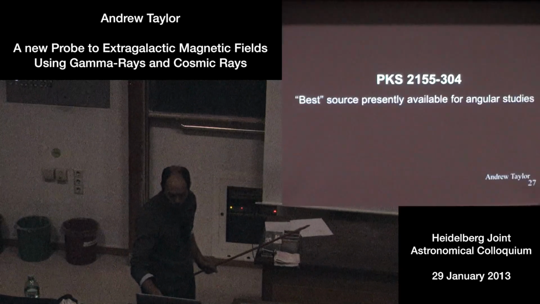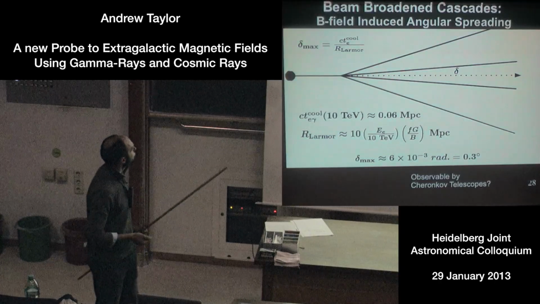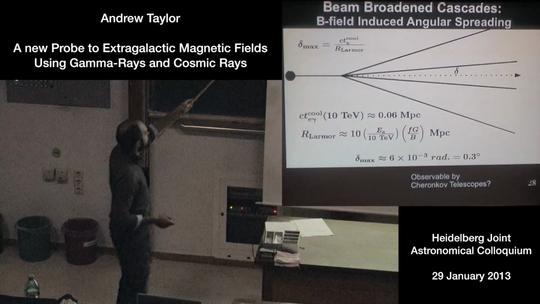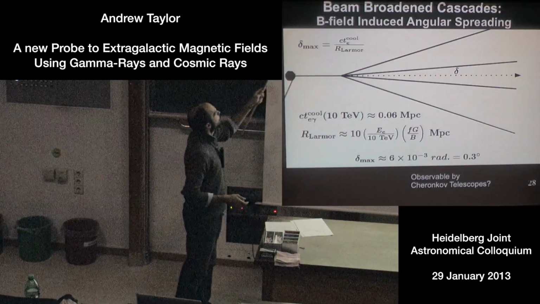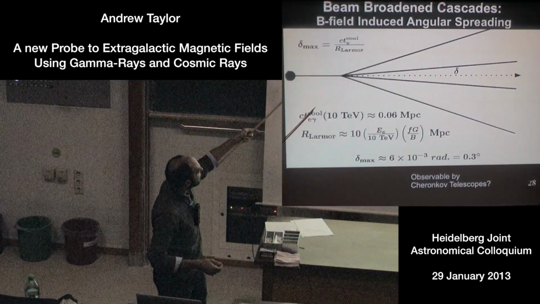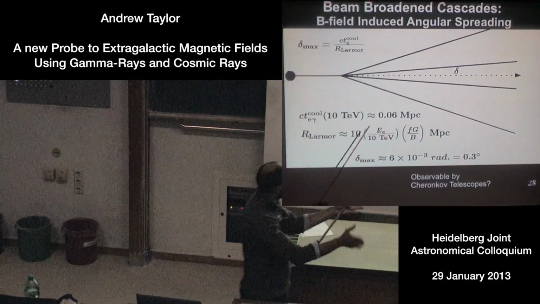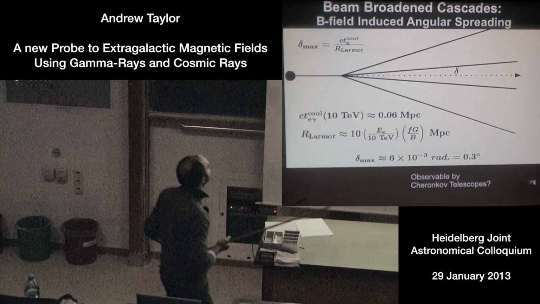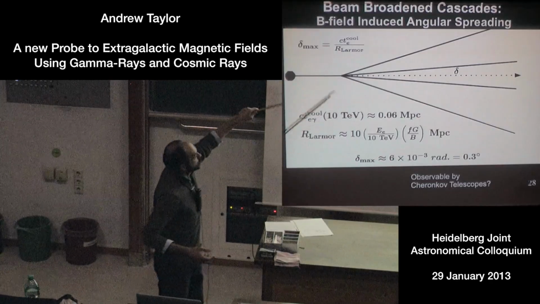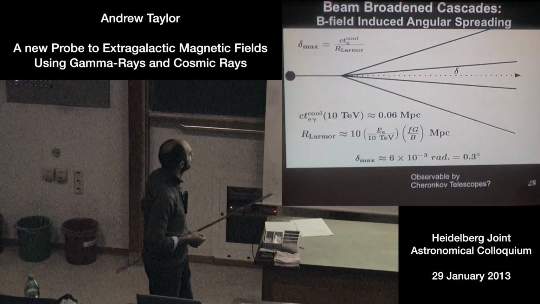We can use angular information as well as energy information. So here I've done a schematic diagram of these high energy photons emitting from my blazar, essentially in a pencil beam, and then making those pairs, and those pairs deflecting in extragalactic magnetic fields and inverse Compton cooling into a sort of a broad spray of particles with a dispersion angle of the order delta max, which is just this cooling time over the Larmor period.